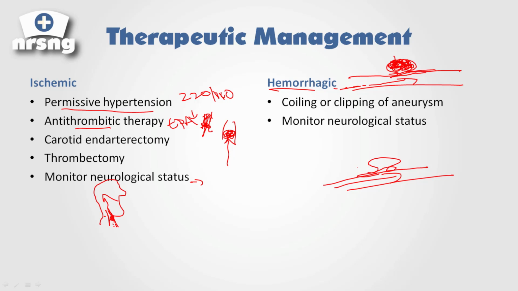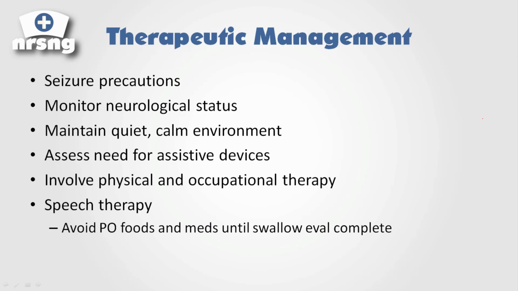So we dilute their blood, we give them more volume, and we make sure they're getting all the blood flow volume that they need. Okay, so that's kind of how we manage those patients. Also, we want to take seizure precautions with blood. Anytime blood comes in contact with other vessels and things, we can have seizures. We want to monitor neurological status. Are they improving? Are they getting worse?